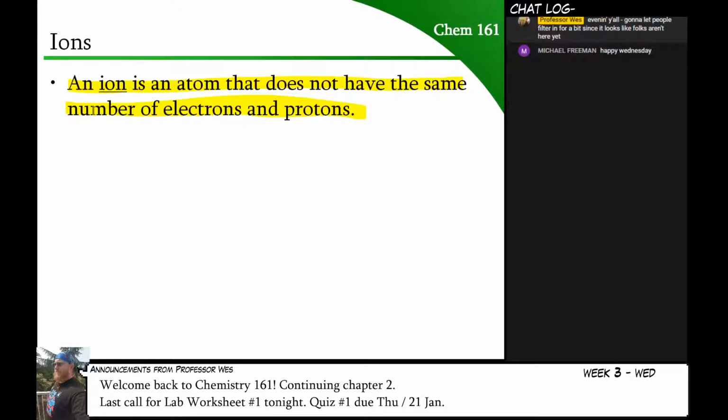Strictly speaking, for a given element, you can't change the number of protons. That's fixed, because if you change the number of protons, you would change its identity. And also, it's very, very hard to manipulate protons without, as we discussed yesterday, shooting an atom into a super collider and watching it break into 1,000 pieces, many of which would be smaller atoms with some number of protons in them. So what we're going to do is just change the number of electrons,